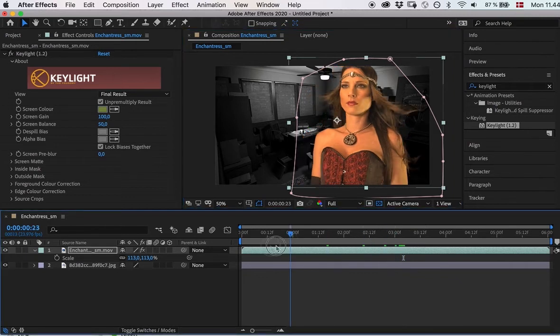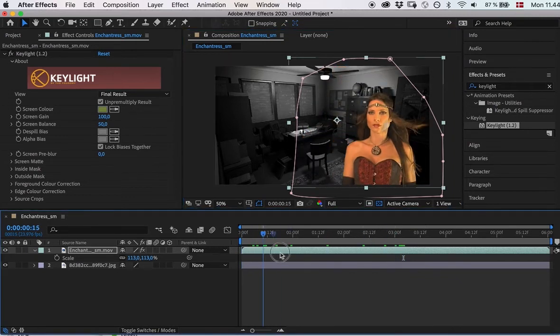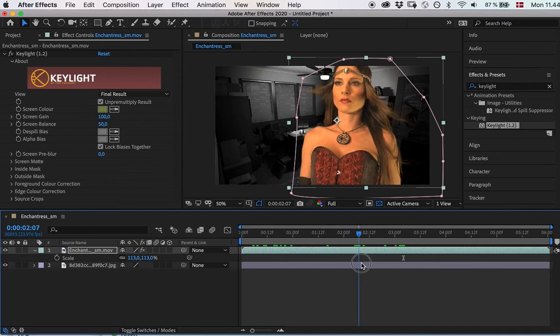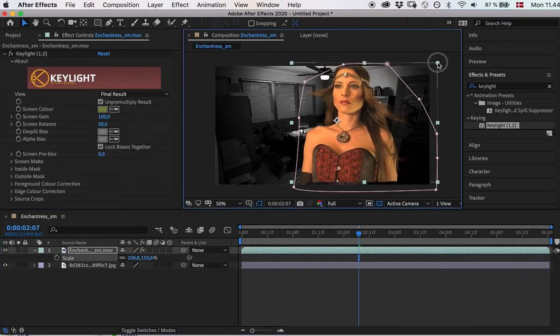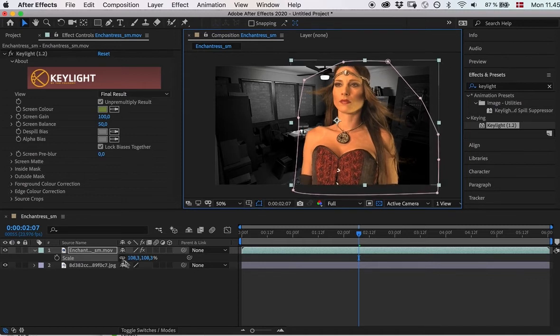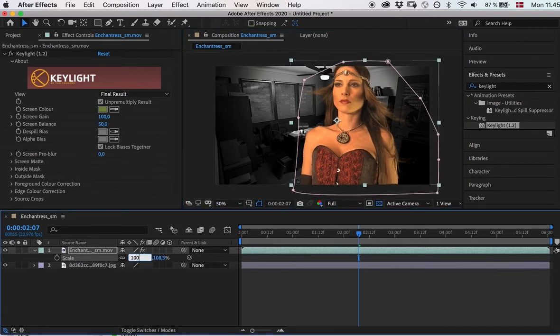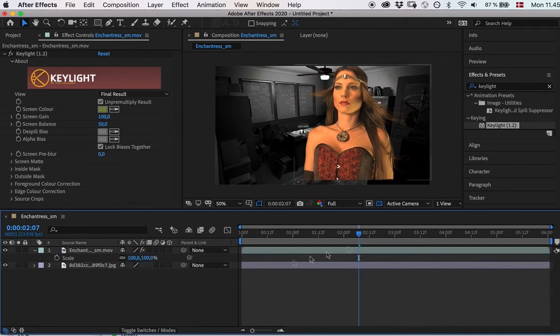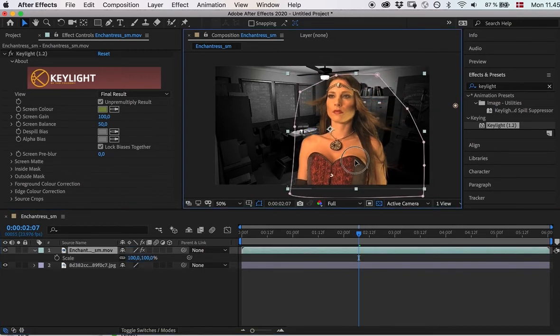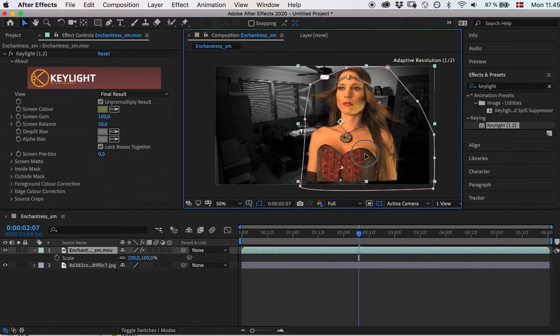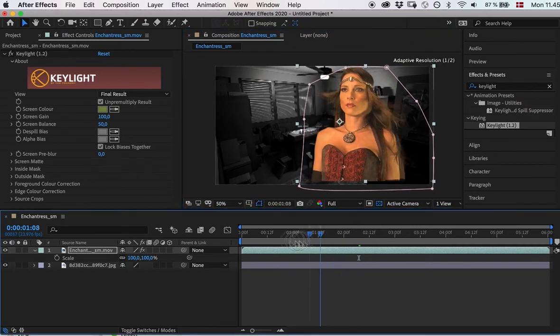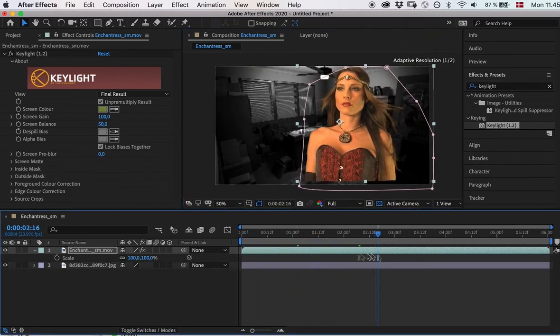So in that respect, it doesn't matter so much that I crop her head a little bit. That was too much, so I'll shift to constrain the proportions here. Actually, I think I will go back to 100% on this one, and take her down here again. Now maybe I'll put her here,